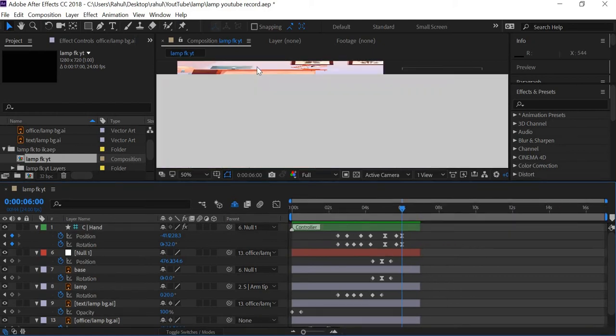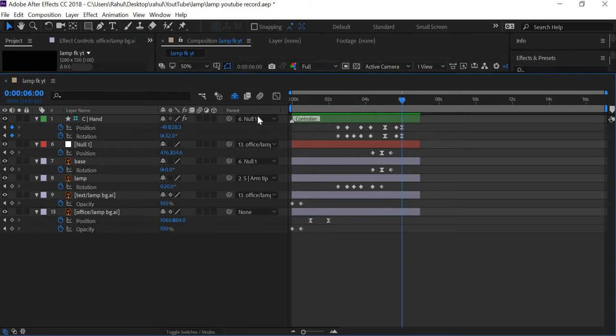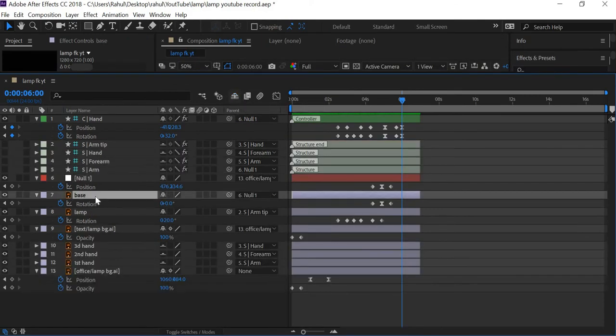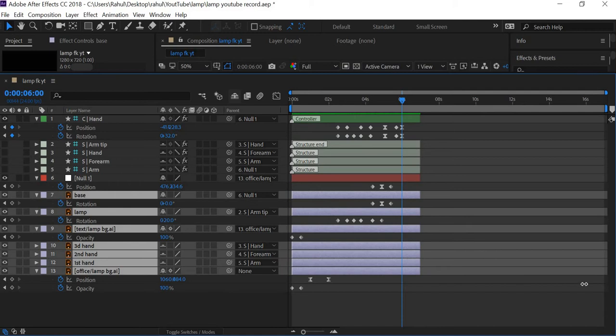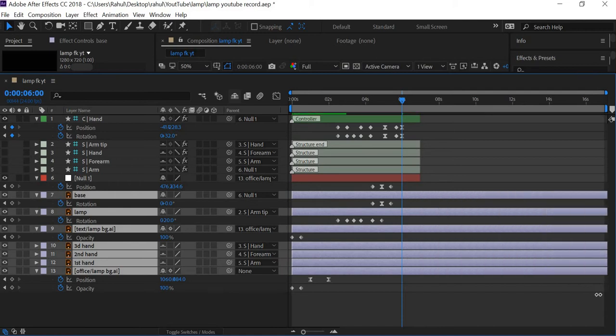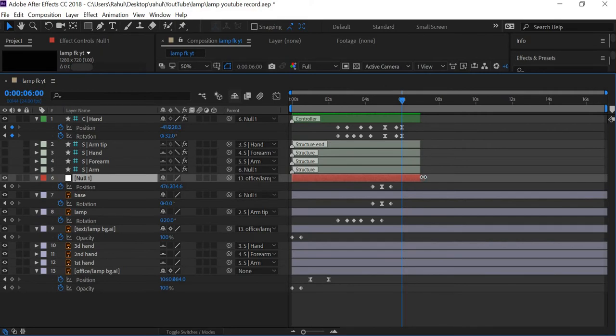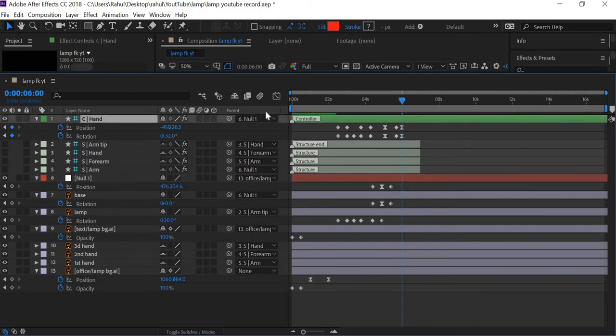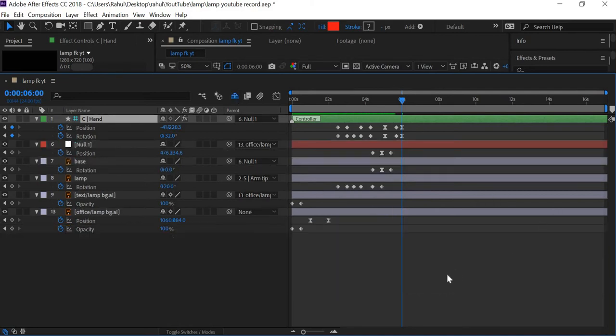And because you have increased the time, we need to open this up to look at the hidden layers, and we have to drag all these layers up so they are visible till the end. We want our null object to be visible throughout, and we want our control to be visible throughout. Alright, so once that is done,